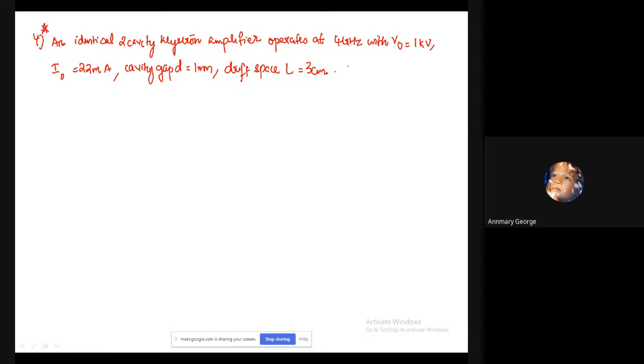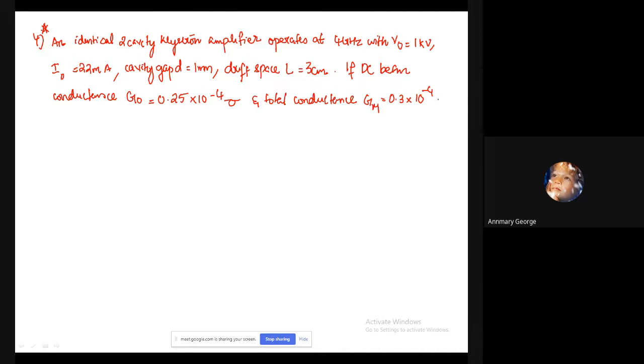If the DC beam conductance G0 equals 0.25 into 10 raised to minus 4 Siemens, and the total conductance Gm equals 0.3 into 10 raised to minus 4 Siemens, calculate